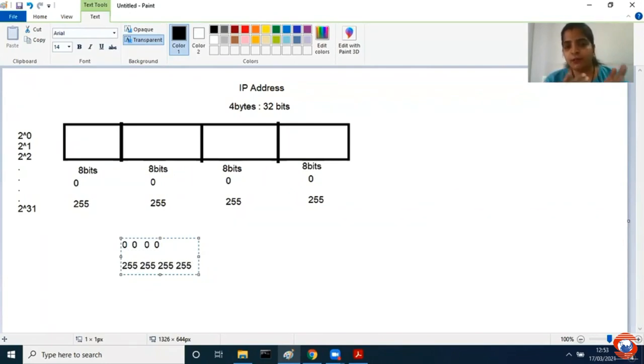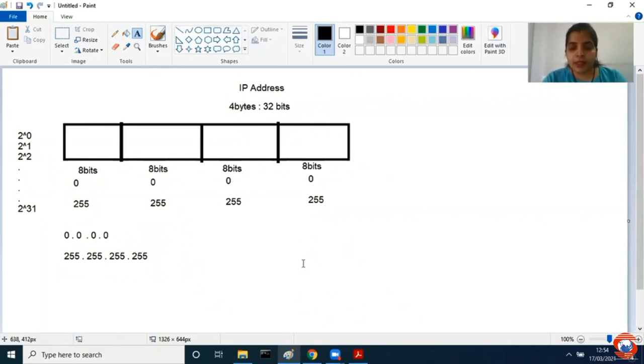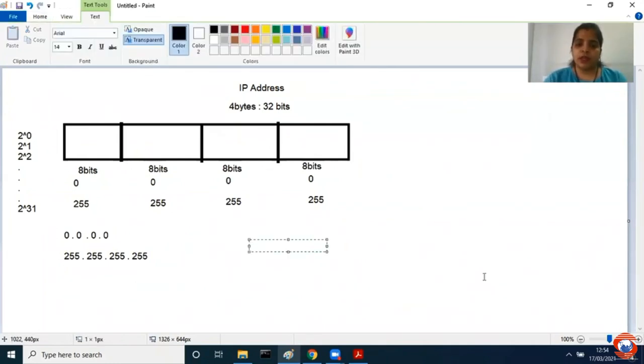255. But if I write in such a numeric format, I will have difficulty segregating. Is it 255, or 2552, or 552? That's the reason when I try to represent my IP address in decimal numbers, then we use a dot notation. To separate my first octet from the second octet, we use a dot notation, which is called decimal dotted notation. Suppose I'm saying I have an IP address, maybe